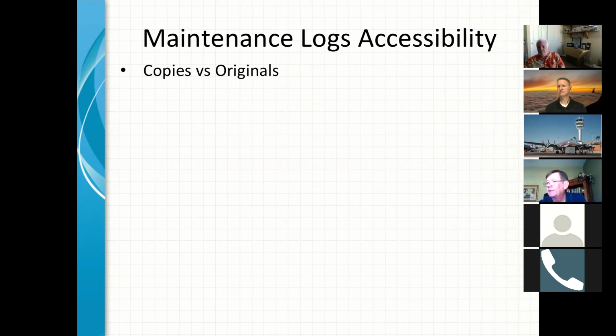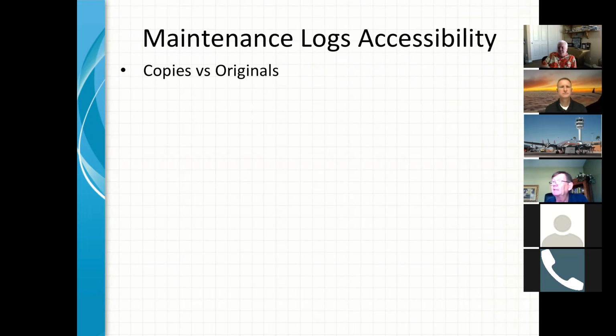All right. So I have the rules up here that talk about maintenance records and copies versus originals. I can't find any place in here where it says that you can't copy maintenance records, but that's a pretty slippery slope, because there is a place in here that says if you copy them with the intent of doing something fraudulent, that could lead to problems. So, like I said, I can't find anything that says you can't copy them or can't accept a copy, but I think it's up to you how you want to do that.